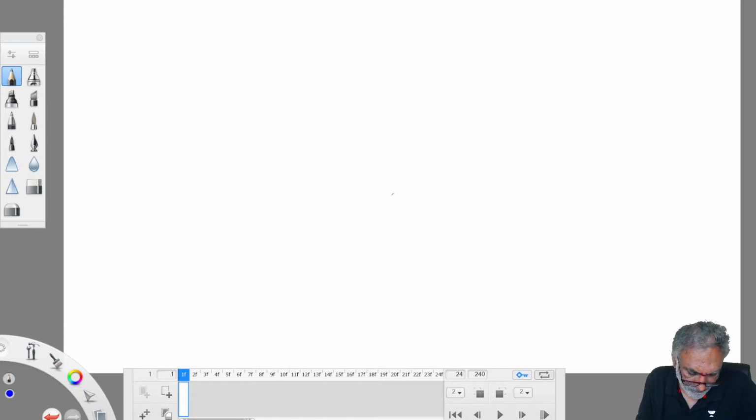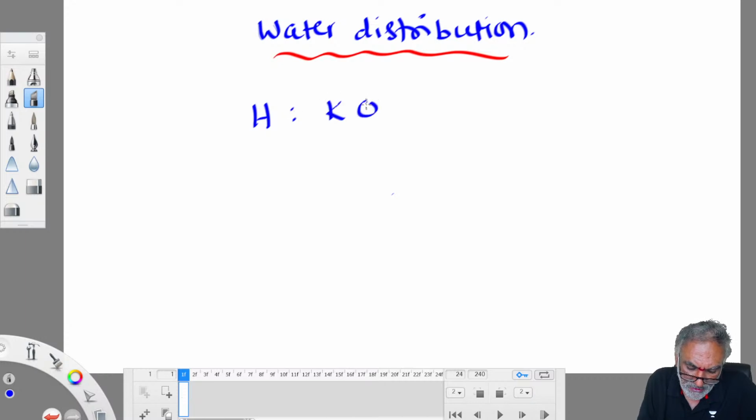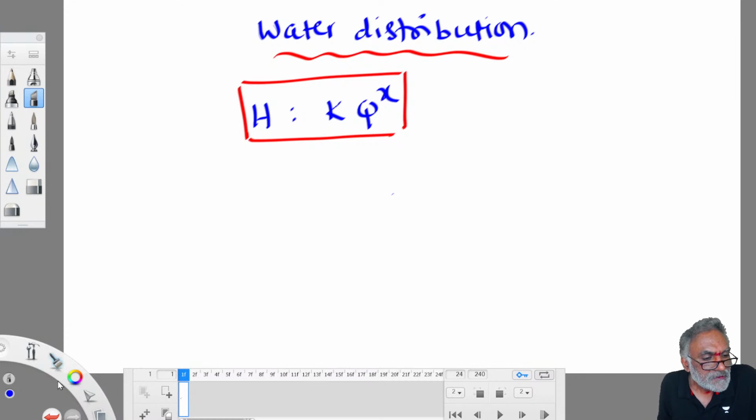Yeah, welcome now. Then coming to water distribution, there is not much numericals to remember except that Hardy-Cross equation. Head loss is equal to K times Q power X. Right, this equation you have to remember. Then in addition to that, what else you need to remember is